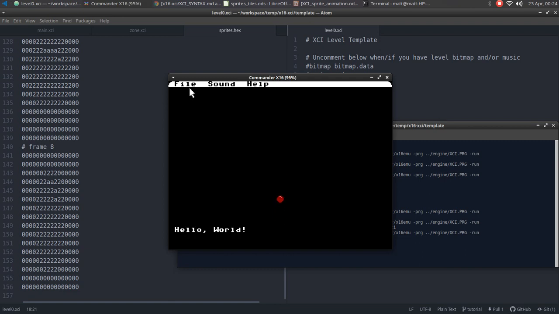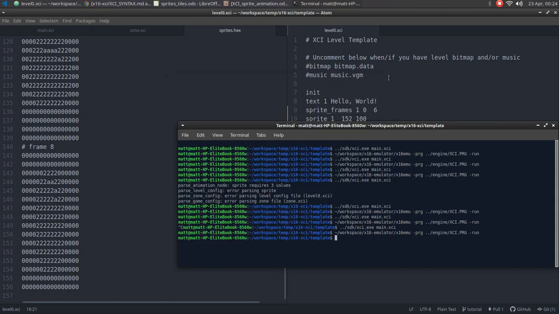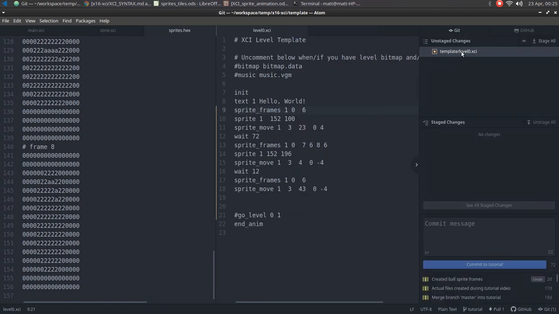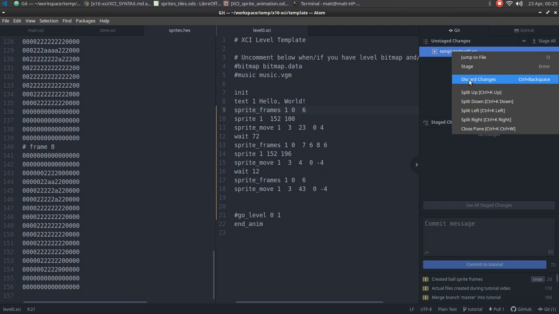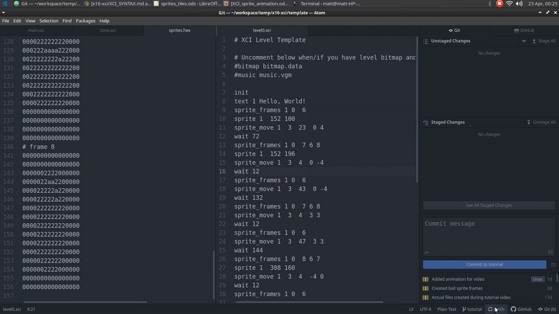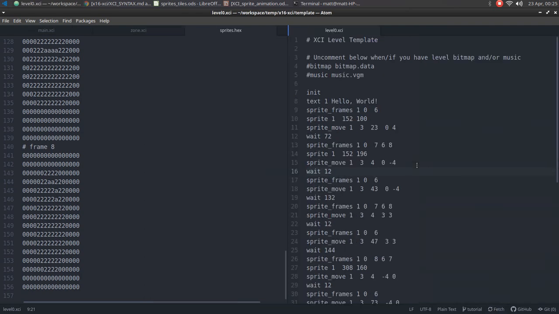So you can see it bounces down, comes back up, and almost to the top of the screen. So there we can see some of the basics in there. Now, what I'm going to do is sort of fast forward a bit, if you will. Through the power of Git, I'm going to go ahead and discard these changes. It's like the magic of TV. Now I've gone and pulled the full version,